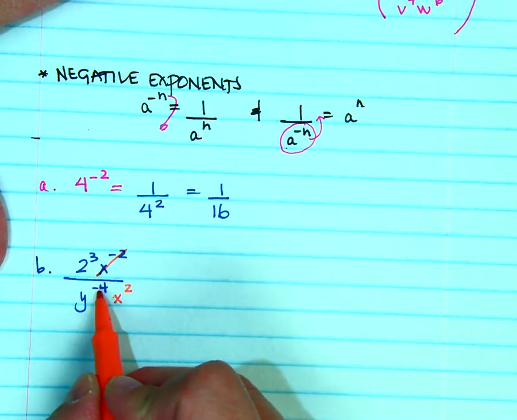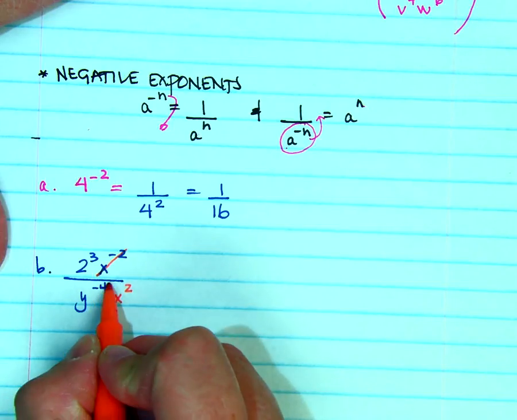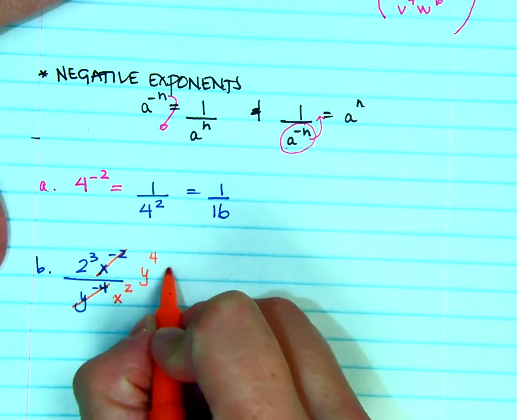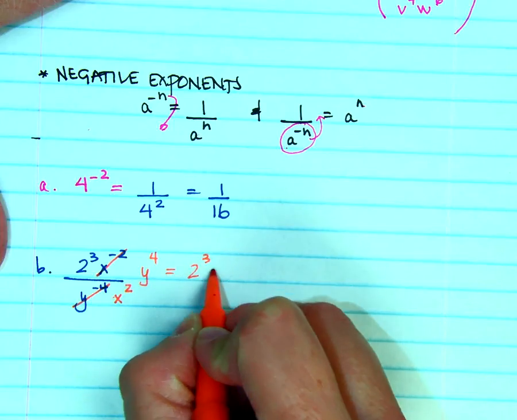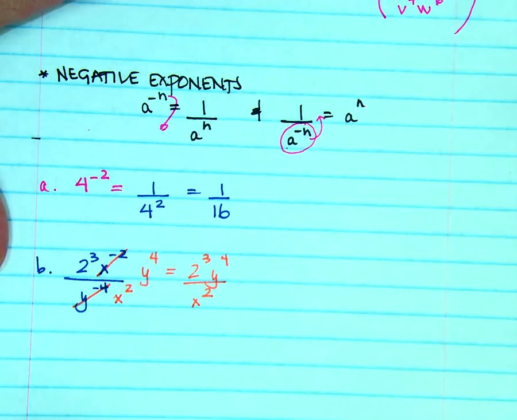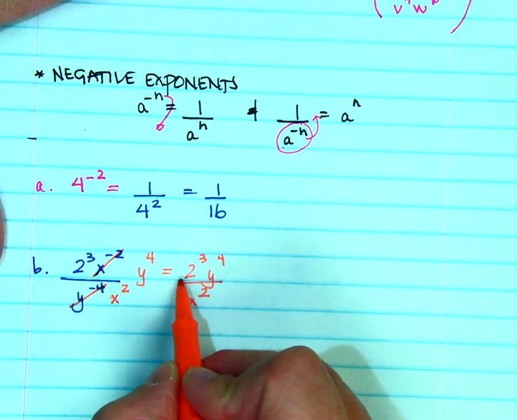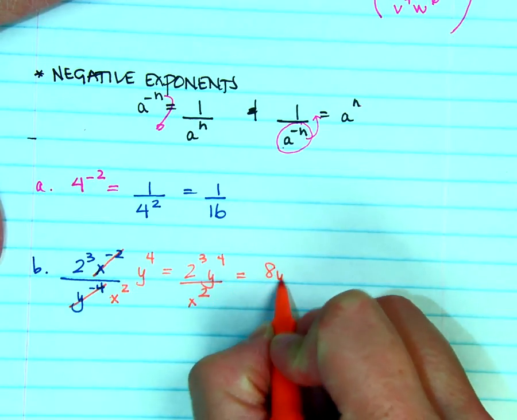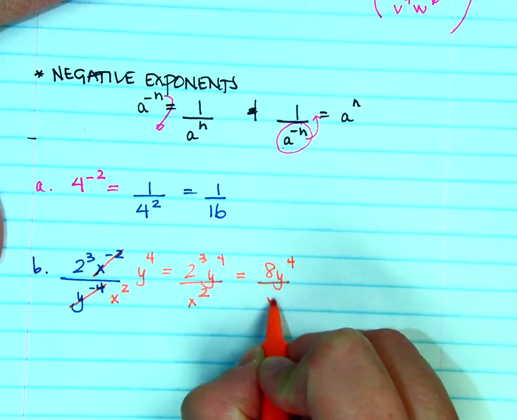The y to the negative 4 has a negative exponent. I'm going to move it to the numerator and make it a positive. I'm going to clean it up. Okay, but I can simplify 2 cubed, and that is going to give me 8y to the 4th over x